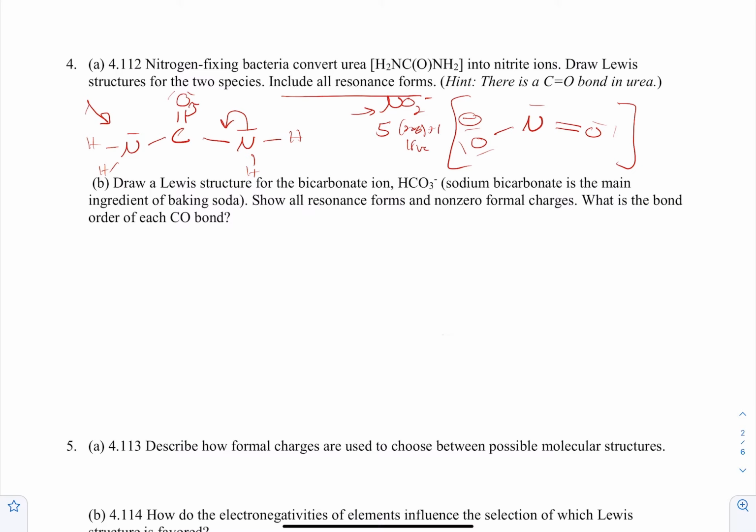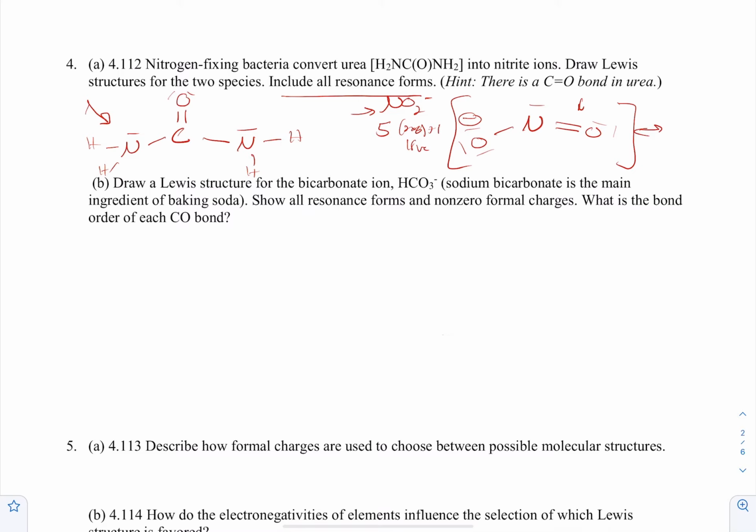That's it. It won't do that, and we're not going to draw that because it's actually unstable for it to do that. Because if we did that, we'd actually create charges. We'd get a formal charge here and a formal charge there, and having charges is much less stable than having neutral. So you actually won't write a Lewis structure for the first one,